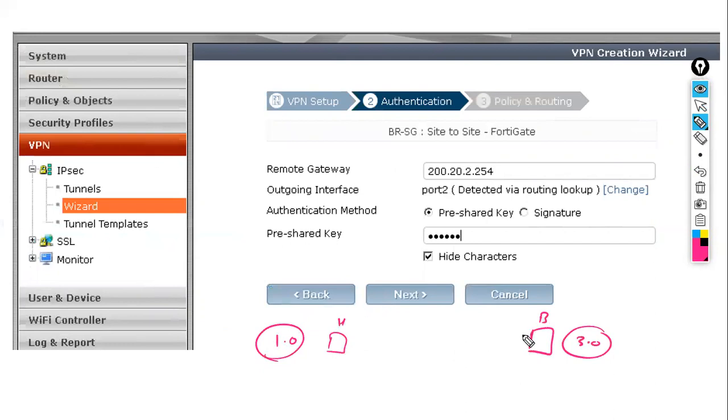So now your remote gateway, you are here. With the yellow color, I'm showing you that you are here. With respect to you, your remote gateway will be this. And the IP address here is 200.20.2.254. And then you are required to give a pre-shared key for authentication. As you gave the